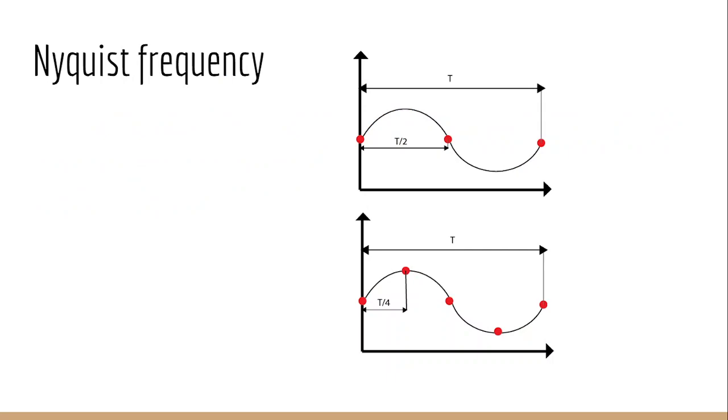The second concept is the Nyquist frequency. What is the Nyquist frequency? We cannot choose the sampling rate to be whatever we want. We need it to be twice the frequency of the signal. For example, here in this signal, what if we took three samples,